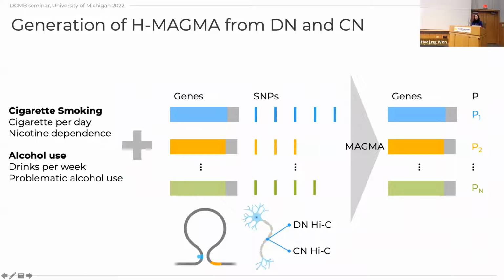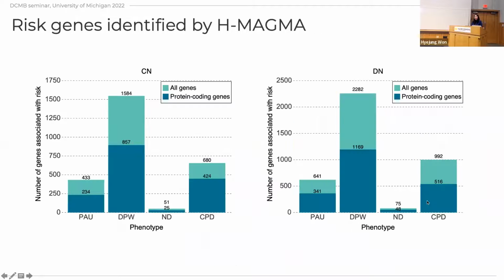So using these two Hi-C datasets, we tried to generate this gene to SNP level relationship matrix so that we can infer the gene level p-values or significantly associated genes for each trait. So at the end of the day, we were able to identify roughly hundreds of genes that were associated with individual traits. However, you will be able to acknowledge that nicotine dependence is an outlier here, that it only identified